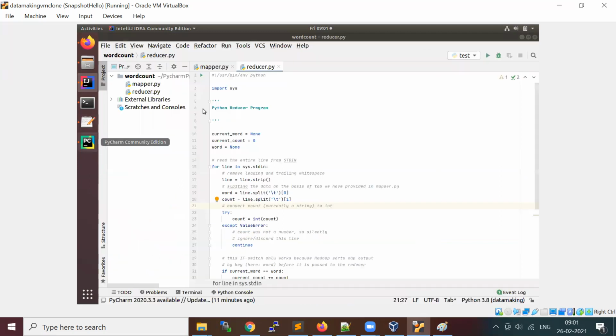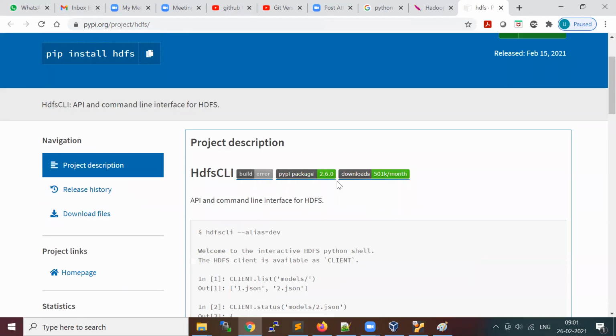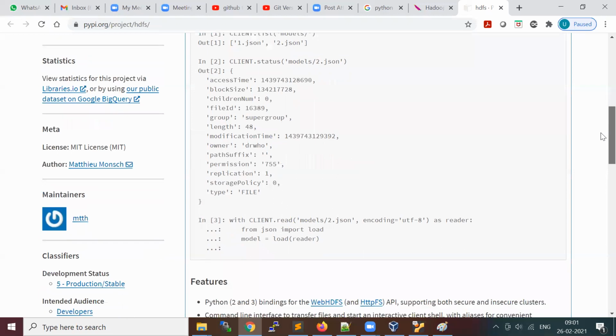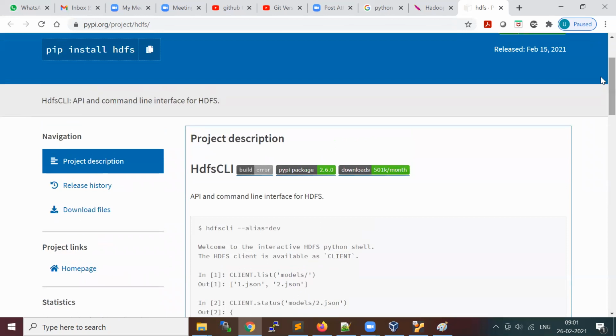In Python, because we don't have any standard libraries, you have to go for a package like this one, HDFS. I have not tried this, maybe you have to try it. Or you can try the subprocess package in Python, where you can run your Linux commands. You call the subprocess package and send your HDFS command to it.